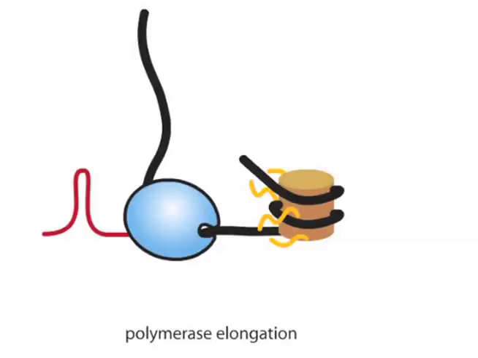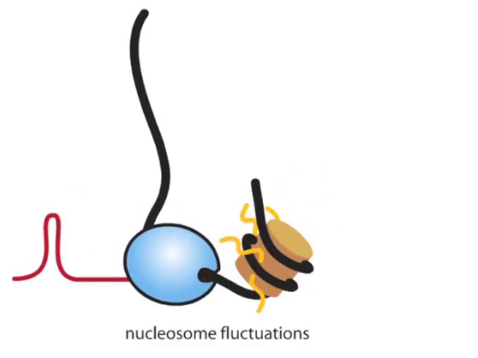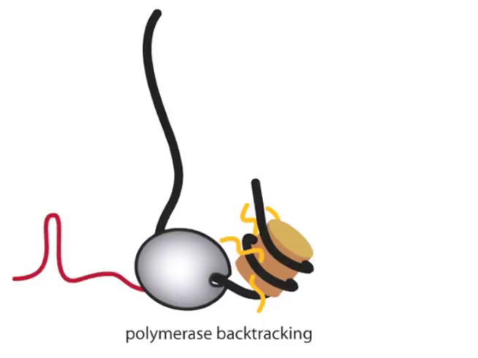In the presence of the nucleosome, the downstream DNA is wrapped around the octamer and blocks the enzyme's access to DNA. Therefore, Pol II can only move forward when the DNA unwraps from the histone octamer. As a result, when Pol II meets the nucleosome, it tends to pause more often. Moreover, the nucleosome can rewrap in front of the backtracked Pol II, and as a consequence, its pauses become much